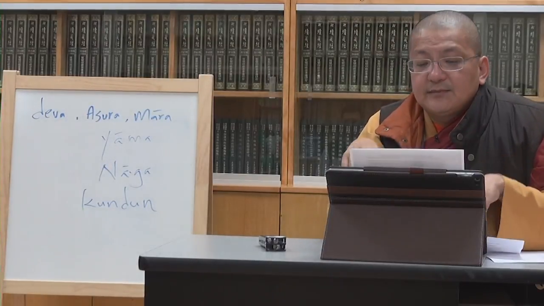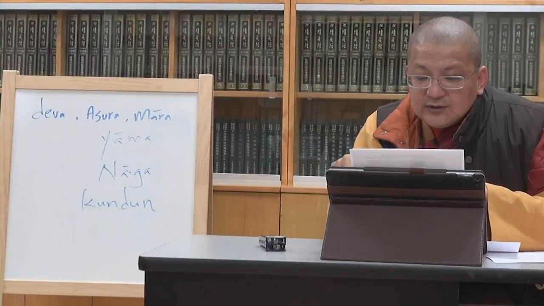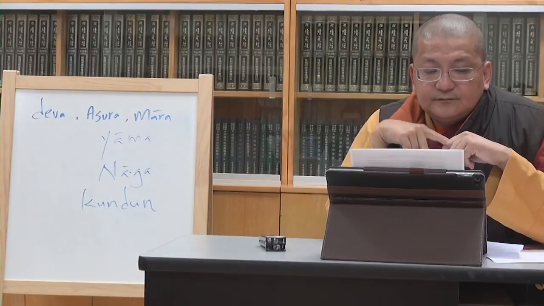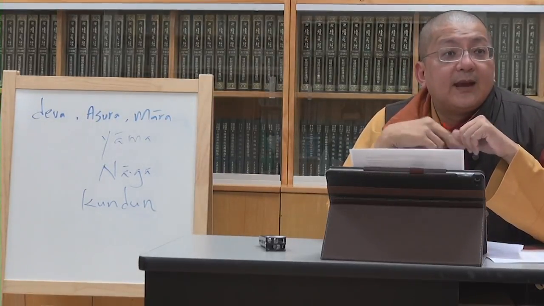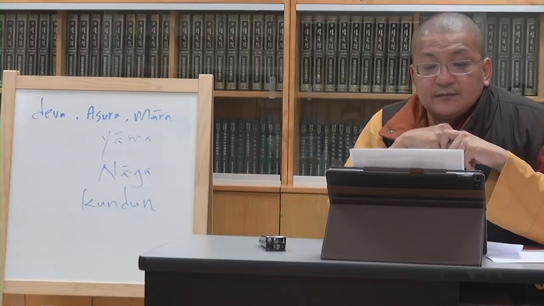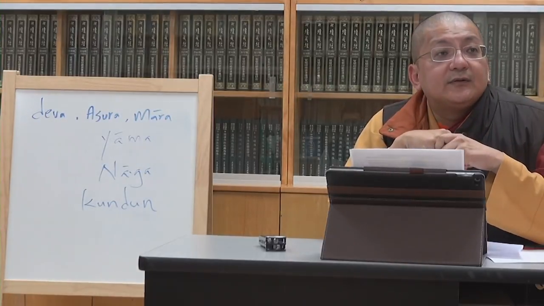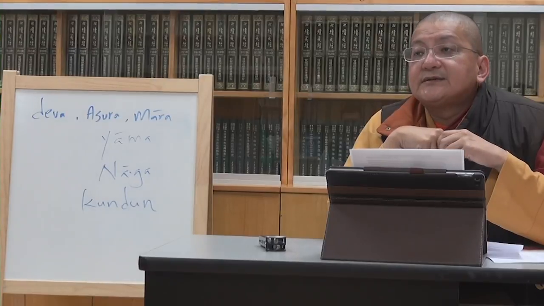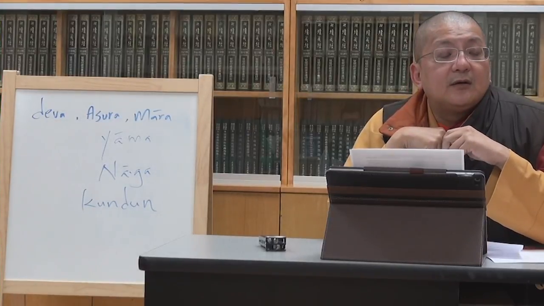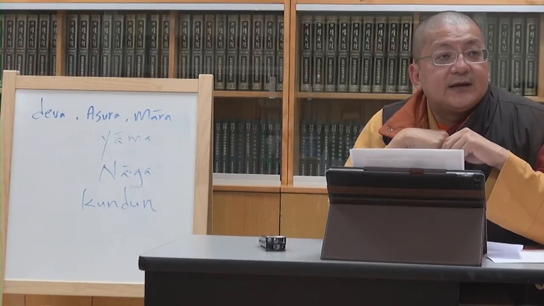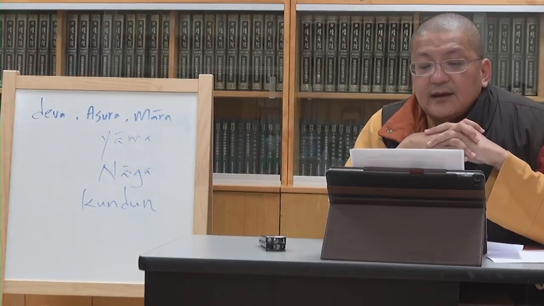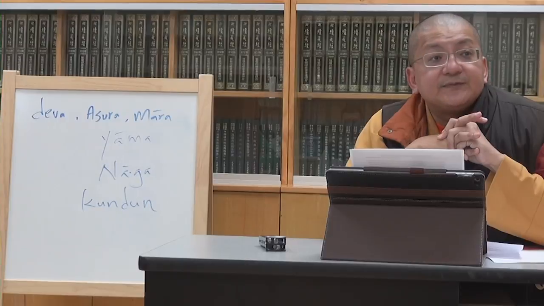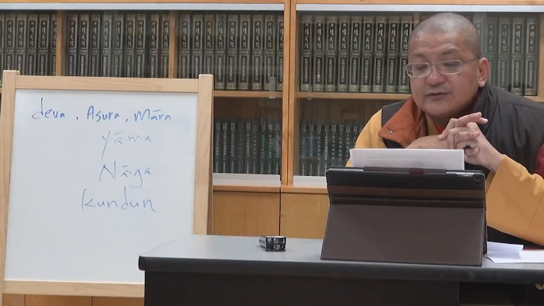So the first thing, usually right view means you know the Noble Eightfold Path. That's what we're going to describe later. What is meant by the right thought? That means you understand well what is the cause, what is the effect, and so forth. 就是因果, you understand the 因果. And then also, what is meant by the right speech, and then the right action.